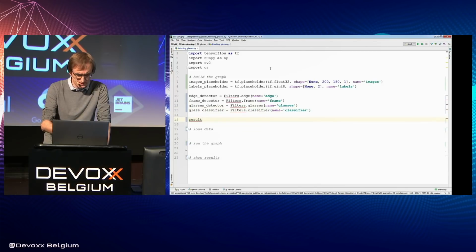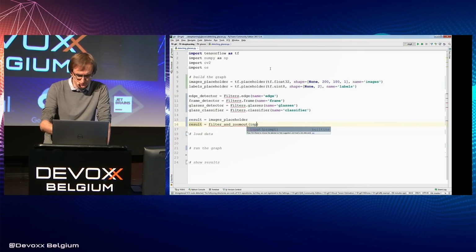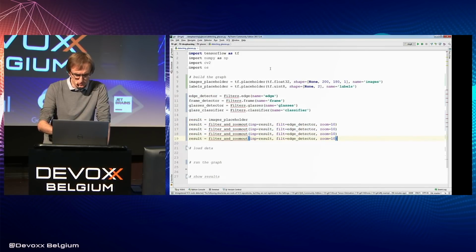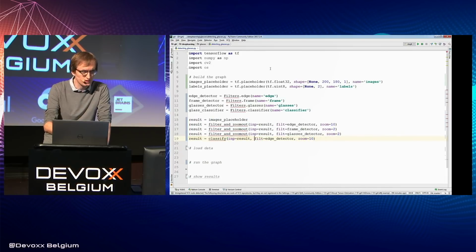We will first take our data from the placeholder, we will filter it, zoom out, as we discussed before. First we will detect edges and zoom out 10 times. Then we'll detect frames, zoom out just a little bit more. And then we will detect glasses, zoom out a little bit more. And finally, we will classify.